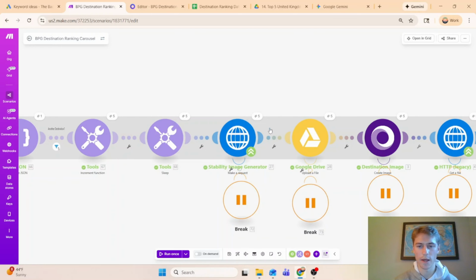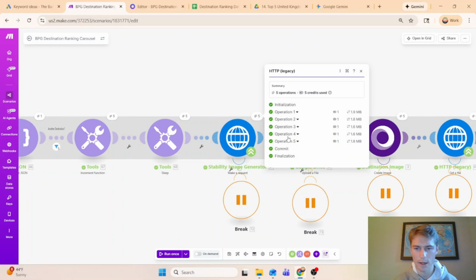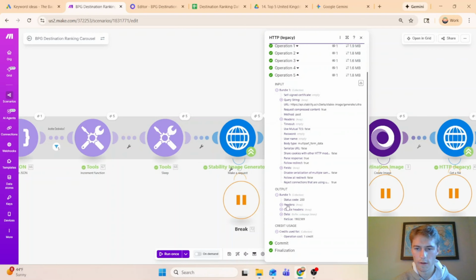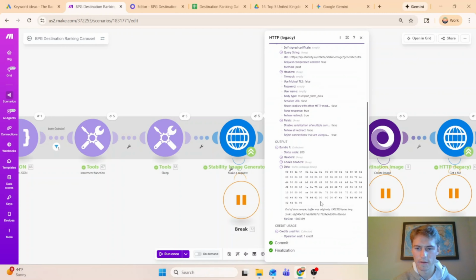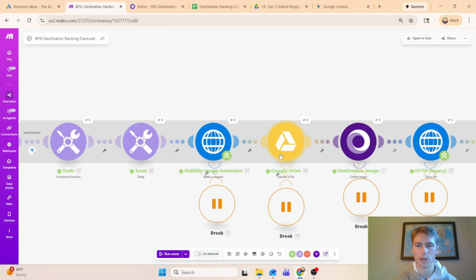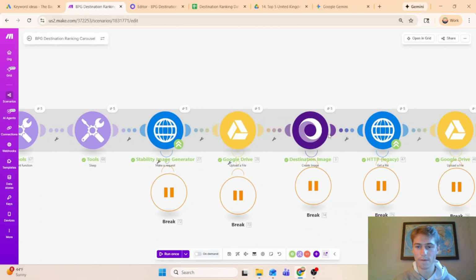We are then uploading that Stability generated image. This is what it looks like. So the image is stored in all this data. This is a lot of data, as you can see here. That image is uploaded to Google Drive, and then it's taken from Google Drive, and the image is generated through